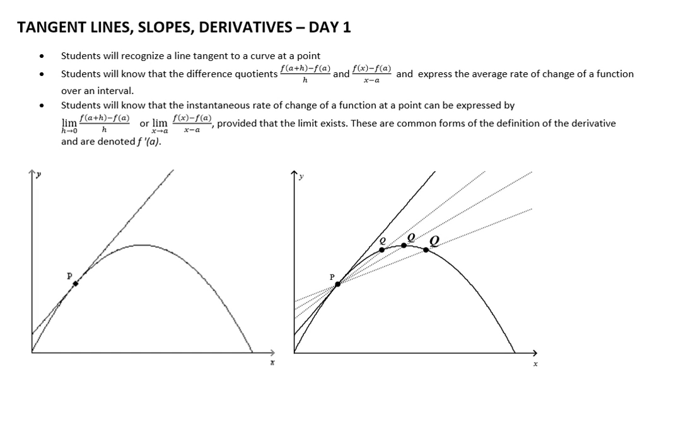So today we're going to do several things. First of all, we'll make sure that we recognize a line tangent to a curve. We will recognize the difference quotients and how they express an average rate of change. And we'll know that the instantaneous rate of change of a function at a point can be expressed by the limit as h approaches 0 of f of a plus h minus f of a over h, or the limit as x approaches a of f of x minus f of a over x minus a. Okay? Alright, so what we have here,